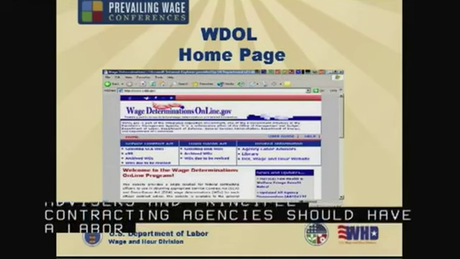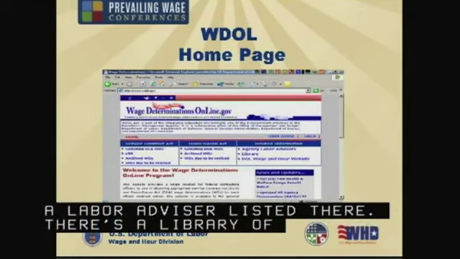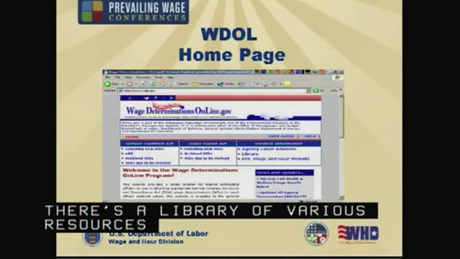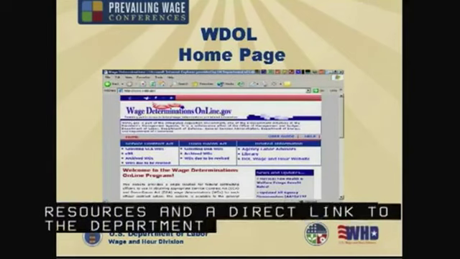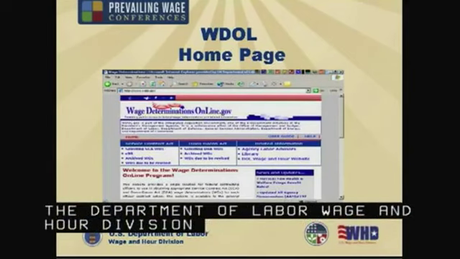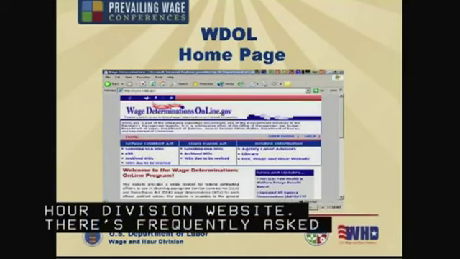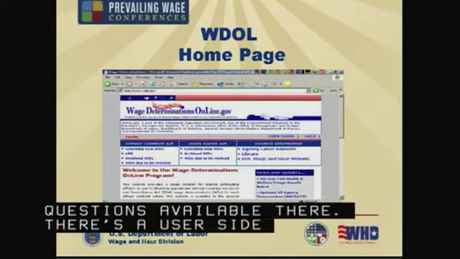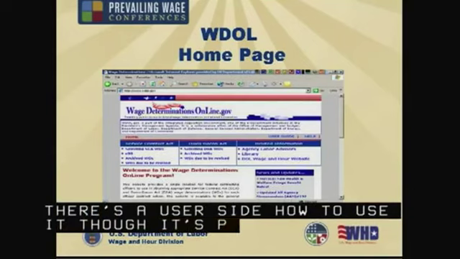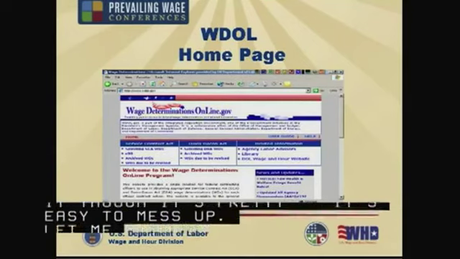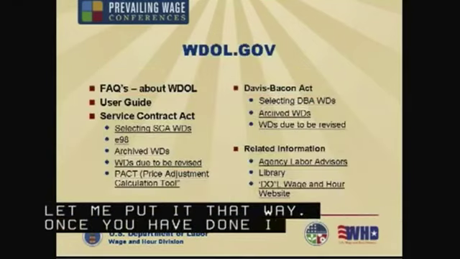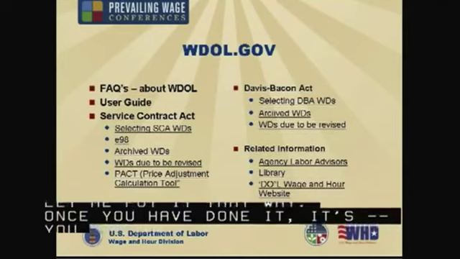There's a library of the various resources, and there's a direct link to the Department of Labor's Wage and Hour Division website. There are some frequently asked questions available there. There's a user guide on how to use it, although it's easy to mess up, let me put it that way. Once you've done it, you realize this is pretty good, but it can be easy to get the wrong